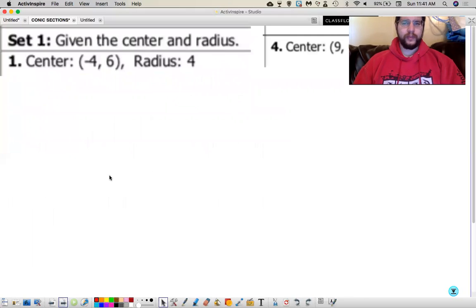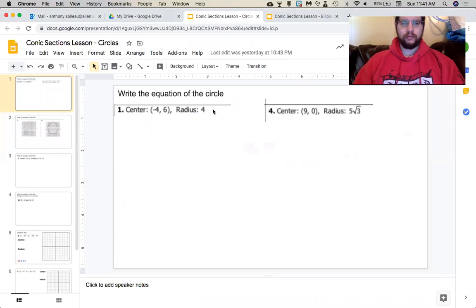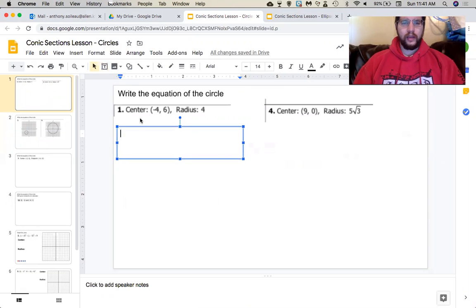Let's get it. So I'm going to go to your Google Slides, because we're using slides since we're going to be graphing. For the equations, you're just going to make a simple text box. Don't make it too big. We got 2 problems on a page, so make sure you don't move into the other problem. So my center is (-4, 6). So if I remember my formula,